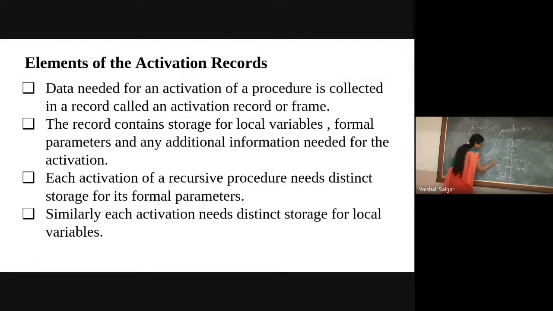Obviously, this will be referred to as a caller activation. At the same time, if it requires some temporary parameters and all that. So this is my caller activation record. Whereas for the callee, this is my callee. For this callee program, the activation record will be, obviously for this swap, it is having a formal parameter, so it will store the formal parameters. At the same time, the local parameters. So for this program, it will have a temp as a local parameter, right?